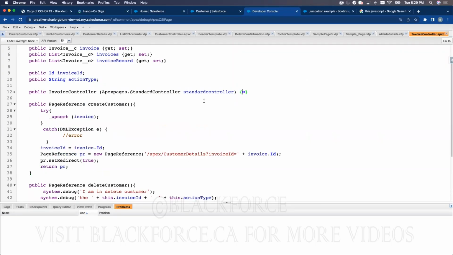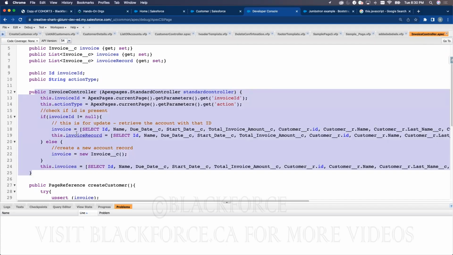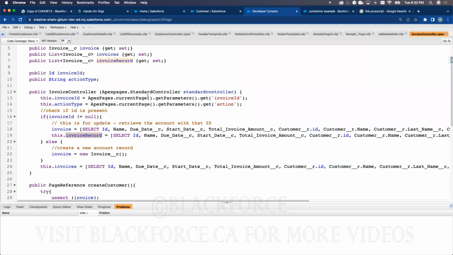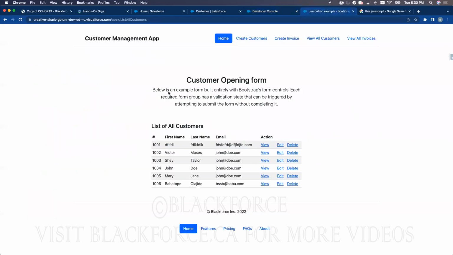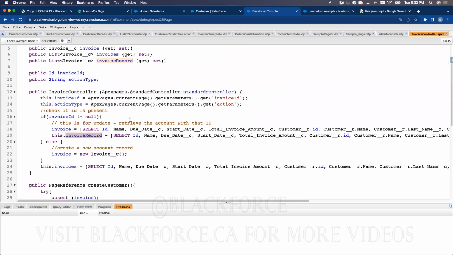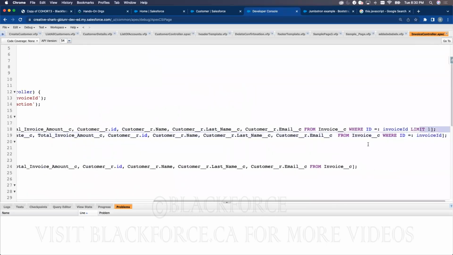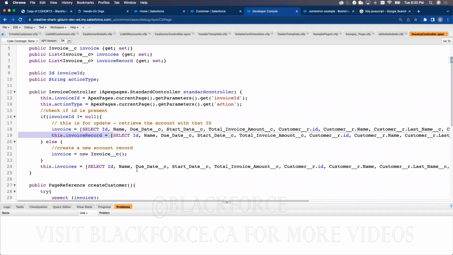Because everything collapsed, the scope is gone. If you collapse this, invoice is gone. So when you're constructing, you're saying this, meaning that on initialization, on loading of this page, this is the value of invoice record. Meaning that when this page loads, invoice record is this. That's what it means. This dot invoice record, meaning that at the instance of page load, which is this scope,